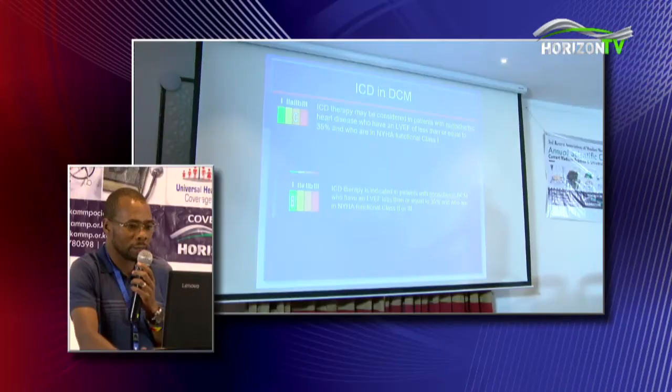Who says no? So it's a typical patient, and the question is, does he qualify for an ICD? If you look at the evidence in the literature, ICD therapy may be considered in patients with an ischemic cardiomyopathy, EF of less than or equal to 35% or in functional class 1, and they get a 1B recommendation in non-ischemic cardiomyopathy with an EF of less than 35% who are functional class 2 or 3. Assuming this gentleman is functional class 2 because he stops when climbing one flight of stairs, he probably gets a 1B recommendation for an ICD.